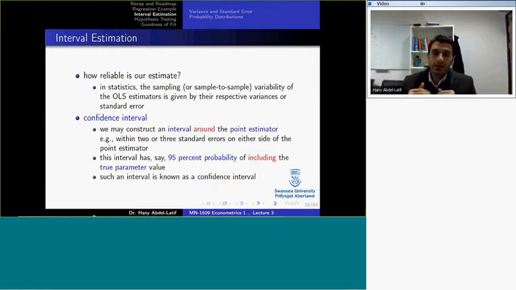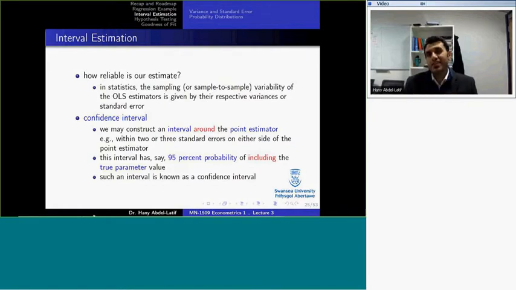If you could construct an interval with a value above and below this 0.7, and within this interval we're confident that the true value will lie between these two values,